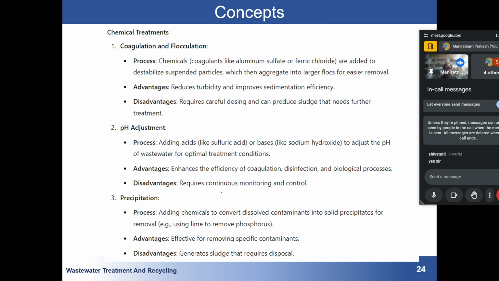Then we have chemical treatment. I'm not going to discuss it. I have already discussed how some chemicals are added, and then that can be precipitated. We have also solved two questions related to aluminum sulfate and ferric chloride, and I have given you an example of how chromium is being removed. pH adjustment and precipitation are the same thing: by adding some salt, or by adding some acid, we will